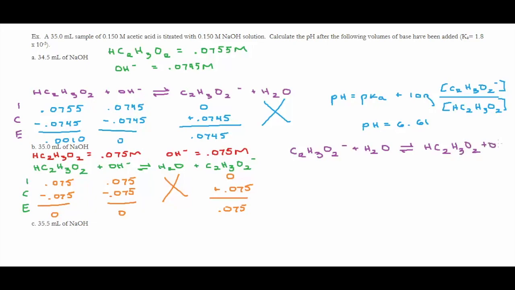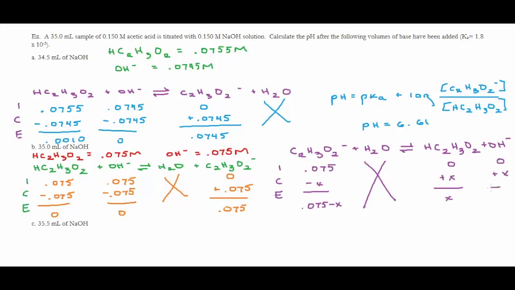I've got to actually write out the reaction for my base with water. So then I'm going to ICE this. Okay. I start off with 0.075 of this. Ignore that. I don't start with any of that, unfortunately. I don't start with any of that. And so I'm going to say minus x. This is a typical weak base problem. So plus x,